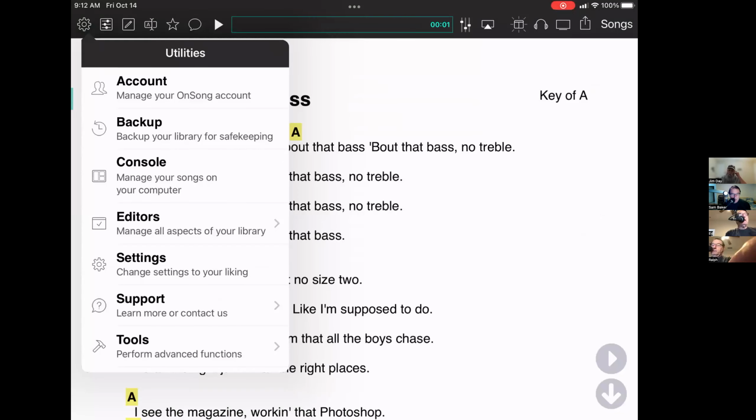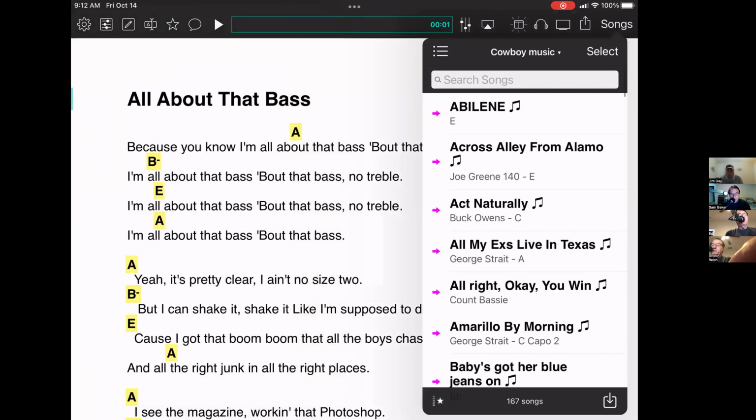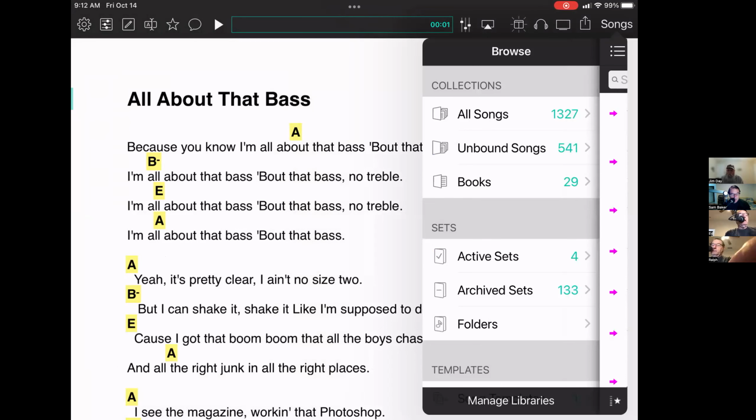And we'll go back to our backup. Now, I want to do one other thing, and that is I want to show you, I'll go back to, now I have my menu reversed on this because I happen to like my song list over here while I can still see my lyrics. You can do that very easily in settings. We'll talk about that at another time. But if I go back here to all songs,